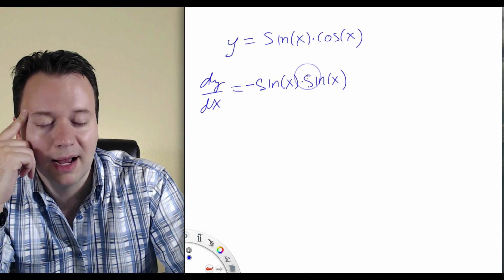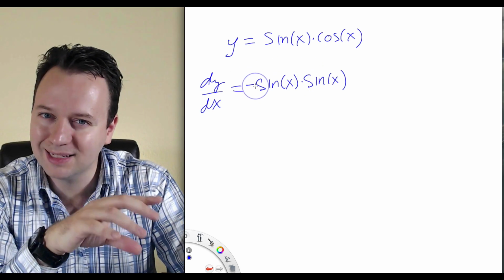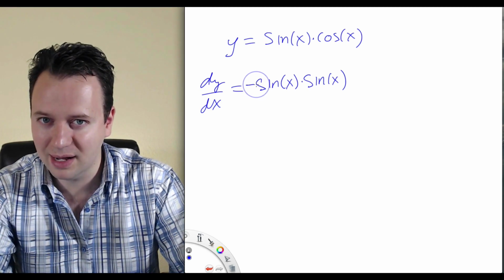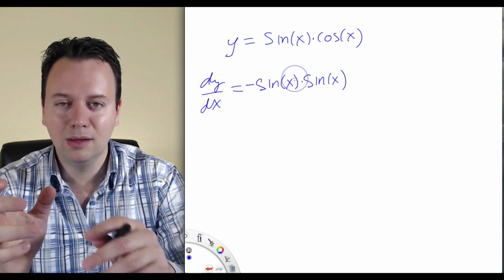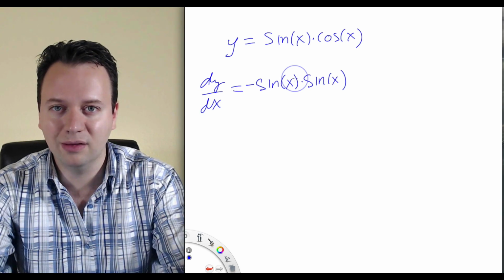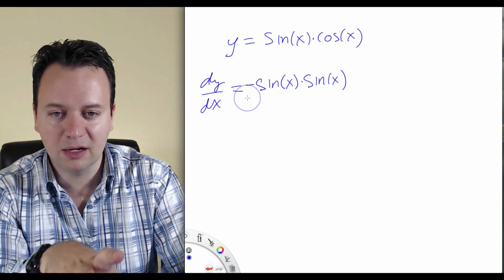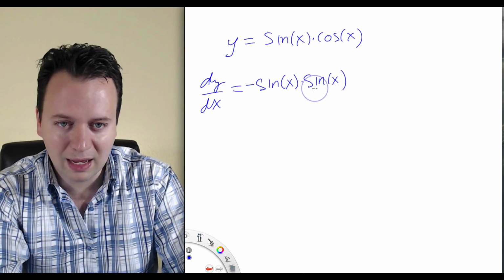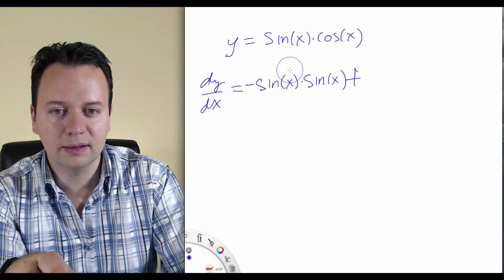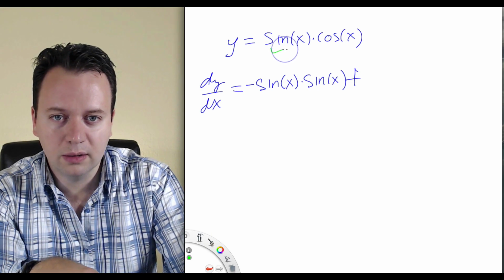Let me just keep track of the minus sign and pull it all the way out to the front of the term so it doesn't look like it's sine of x minus sine of x. It's sine of x times negative sine of x. So it's the product of two things, not the subtraction, not the difference. So I'll keep track of that minus 1 and move the minus 1 outside. So it's sine times the negative sine, and then plus,